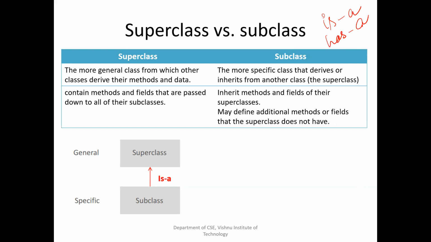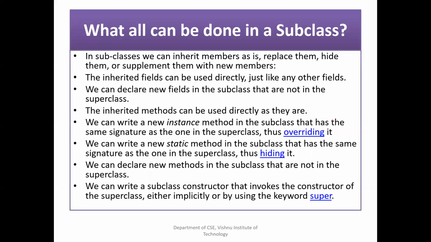Okay, has a relationship means I have a class, and inside this, I'm using another object. Suppose I'm using String s1 is equal to something. This is also an object, no? Okay, object of String class. That means class A has s1. This is referred to as has a relationship. One object will be enclosed inside another object. Okay, that is has a relationship.